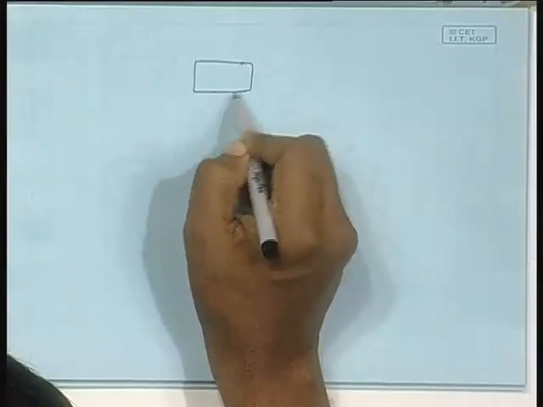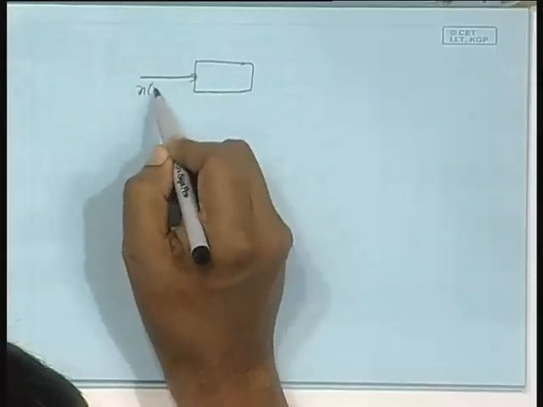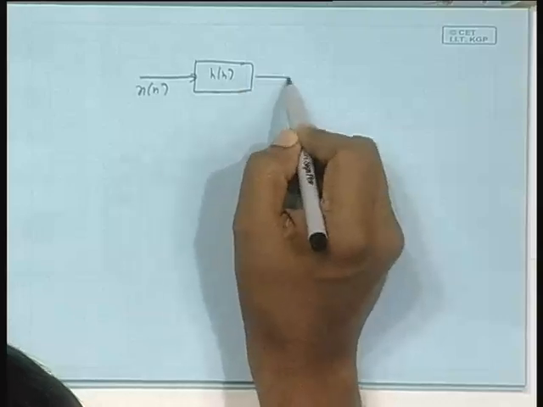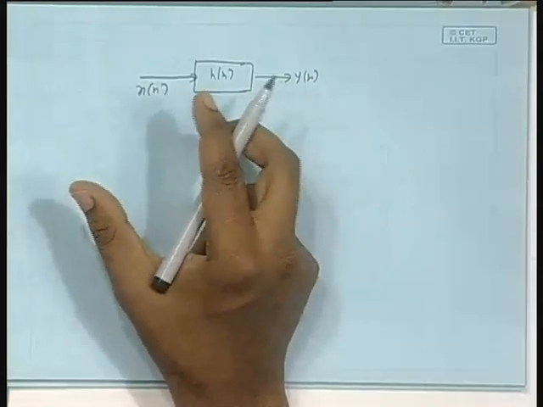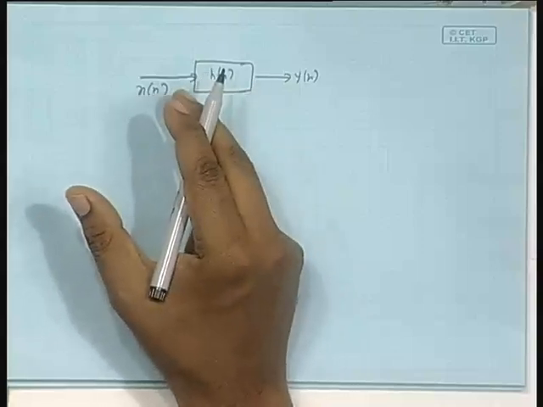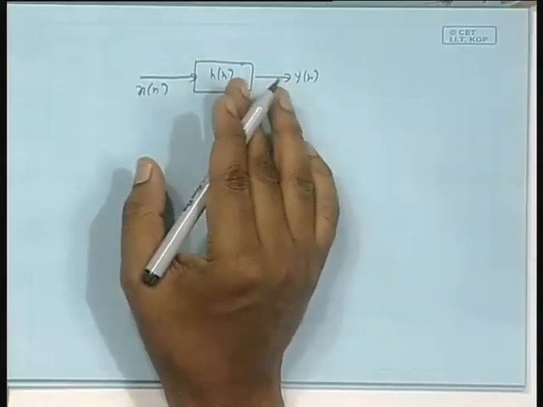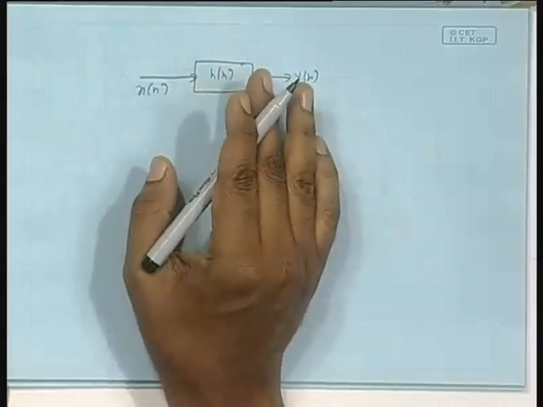Then I said that if there are two finite length sequences x n and h n, one of length capital N, another of length capital M, N and M may not be the same. In fact, I said that if there is x n and h n and y n, and suppose x n and h n are of different length, but I add zeros to make them equal length. Whoever is shorter, I add some extra zeros to that, so that both of them are the same length, equal to capital N.